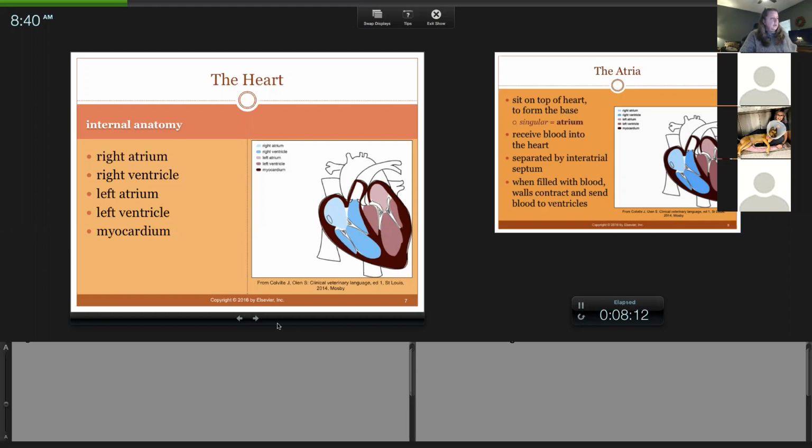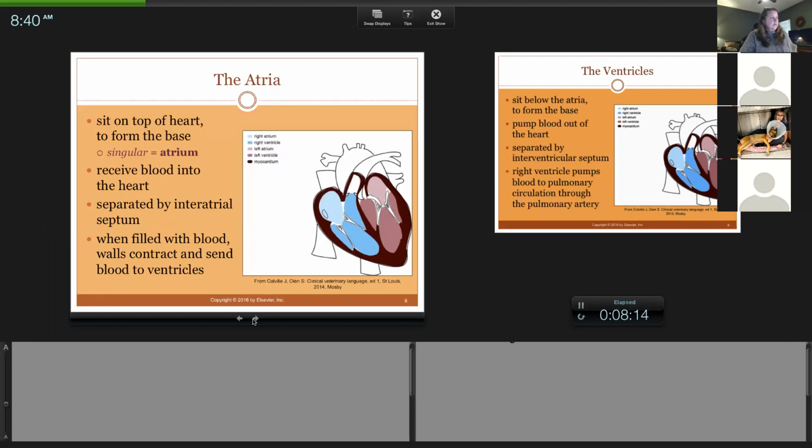The 2 arteries that leave the heart are going to be the aorta and the pulmonary artery. Okay, so the aorta and the pulmonary artery are the major arteries that leave the heart. Now, the aorta leaves from what side of the heart, the right or left? Yeah, so the aorta goes from the left ventricle out to the aorta, and from the right ventricle, it goes out the pulmonary artery.